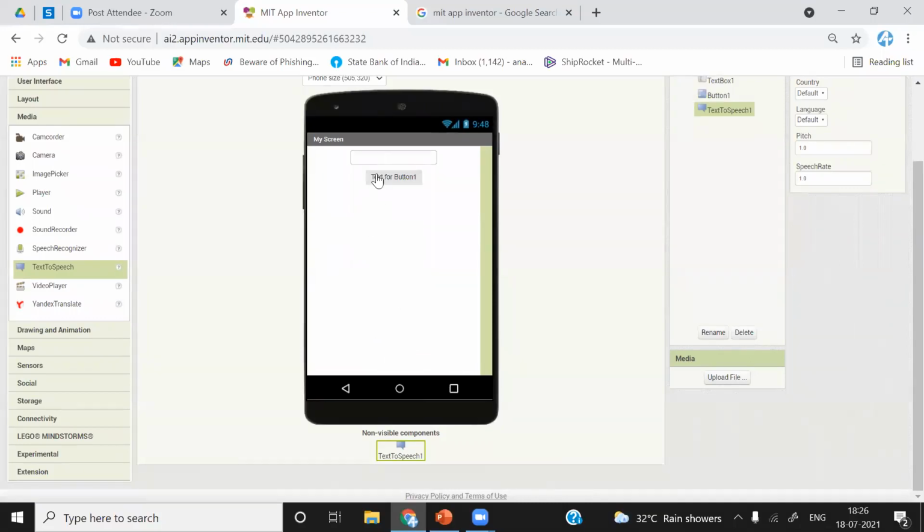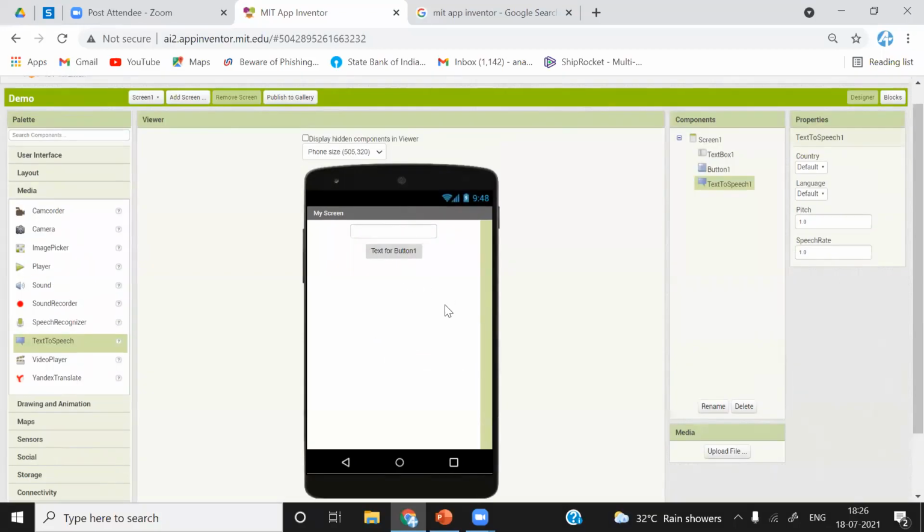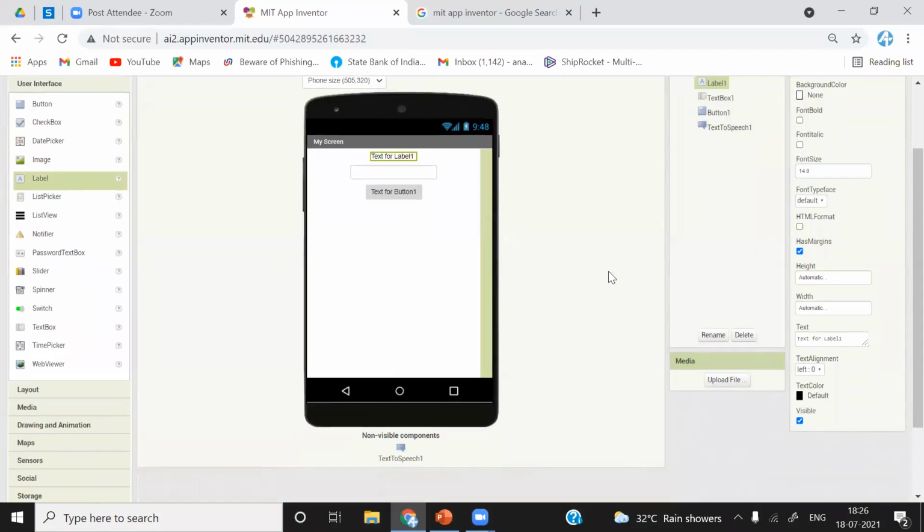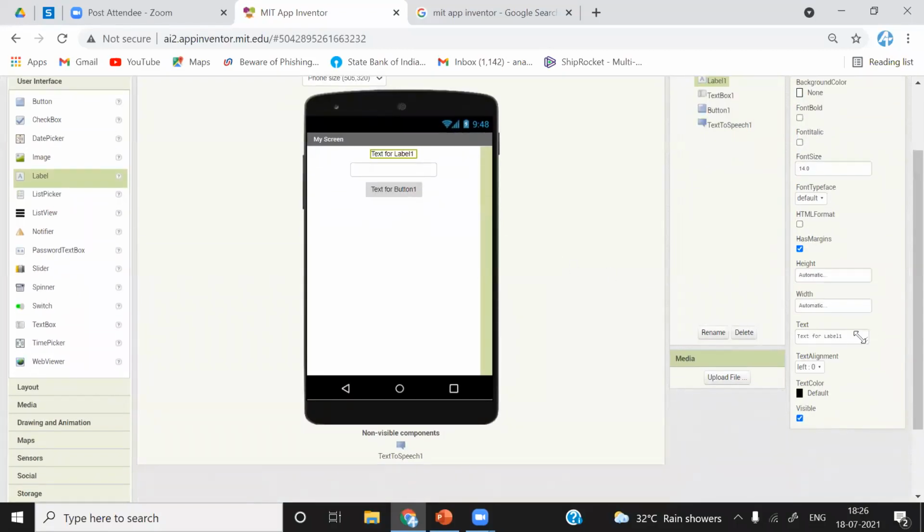After this, we will make the user interface a little friendly. Just go to label and add this label over here. Make its string empty and increase its height. I will tell you the reason I'm doing this.